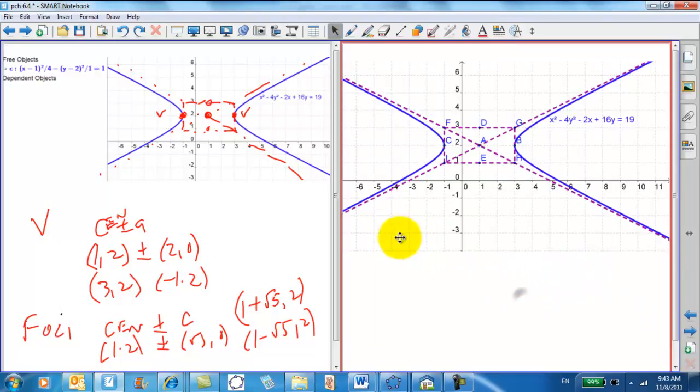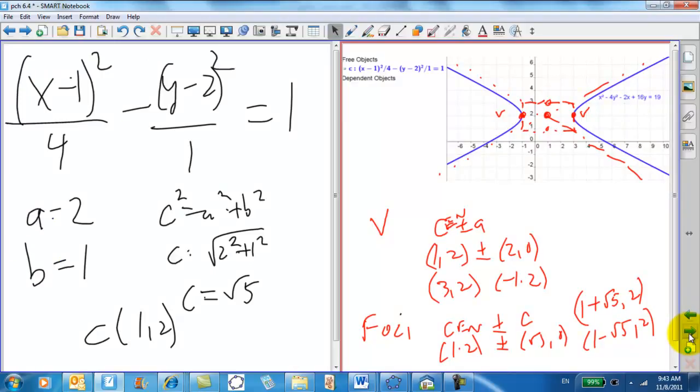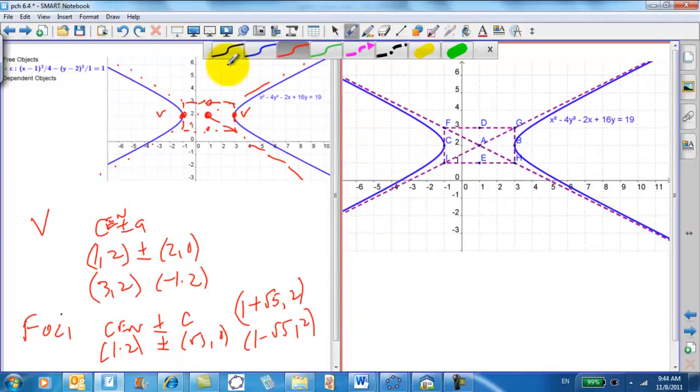And also, we were asked to come up with the actual equations of these asymptotes. Yep, the equations of the asymptotes. We found the foci. We found the vertices. Now here are the equations of the asymptotes. For the equations of the asymptotes,